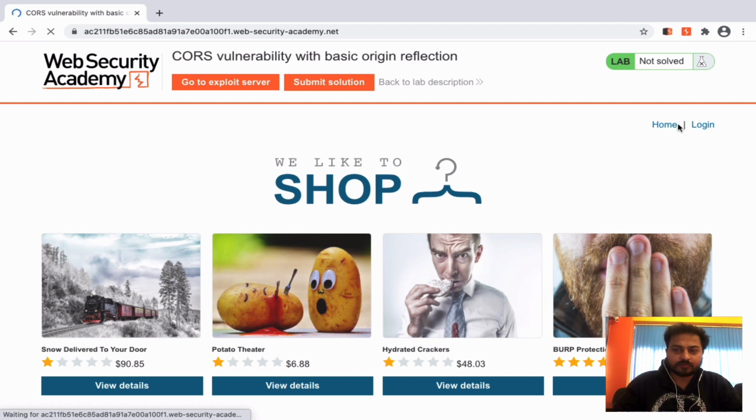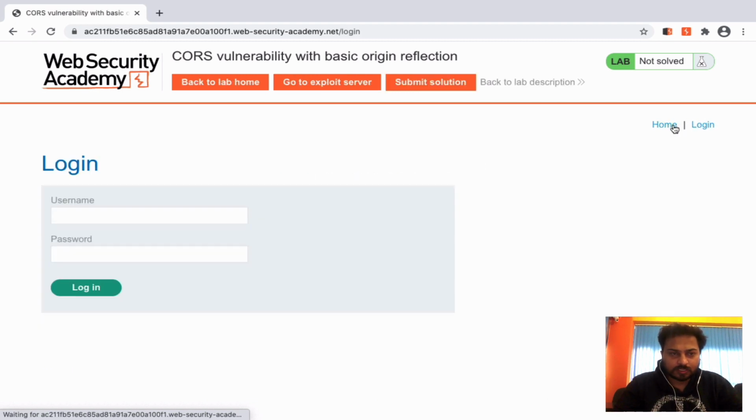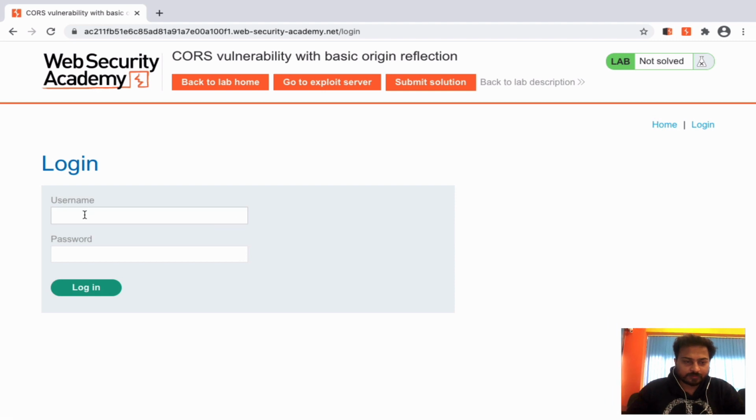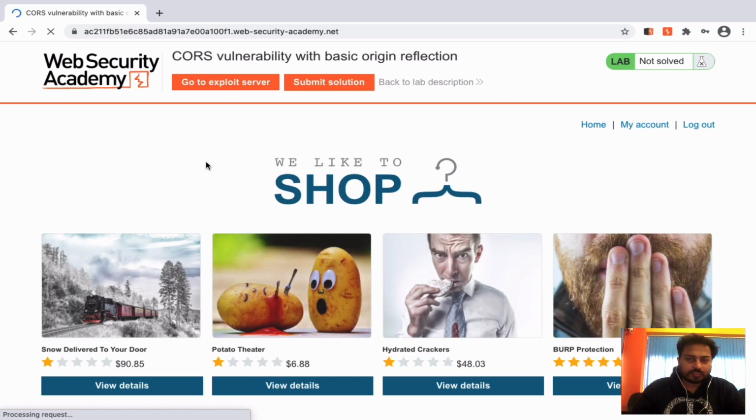Here is a login page. The username is wiener, which is already given by the PortSwigger people, and the password is peter. When you click login, you can clearly see I am logged in.